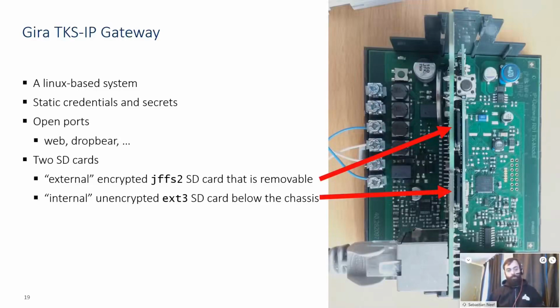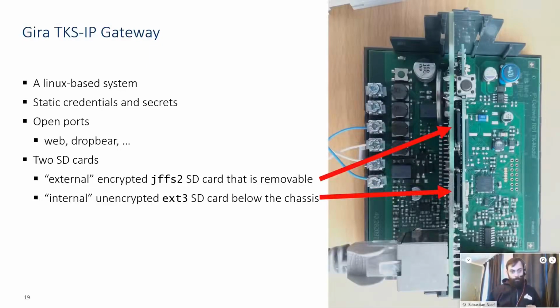And after that, we decided, okay, we should buy the hardware and have a look at the hardware side as well. So after obtaining the device and setting it up as described in the manual, we hooked it up to the network port and ran an Nmap port scan against it. We discovered a few ports: one web server port, another web server port, and a Dropbear SSH port running on port 2222. There were some other ports as well, but those are not really relevant to this talk, or at least we didn't use them in any exploit.